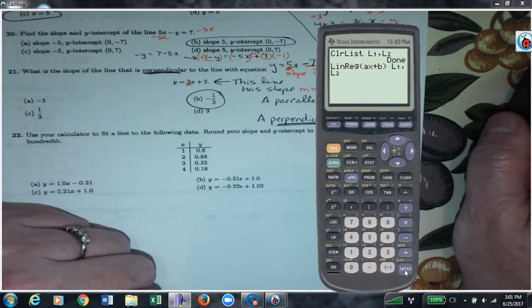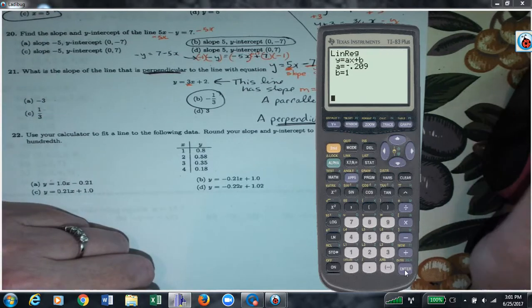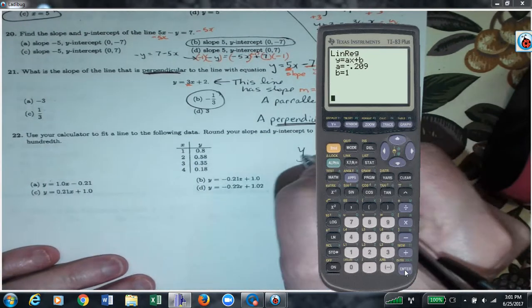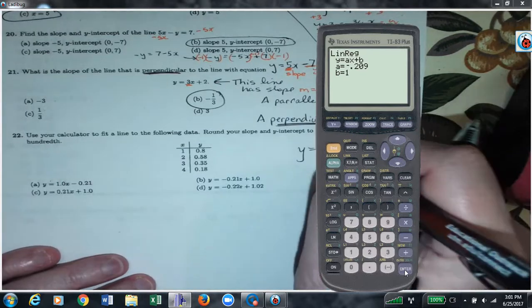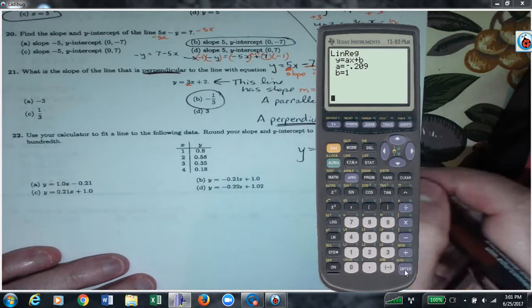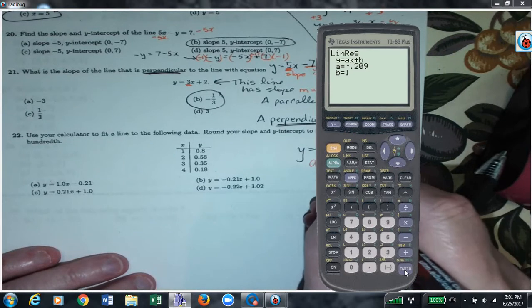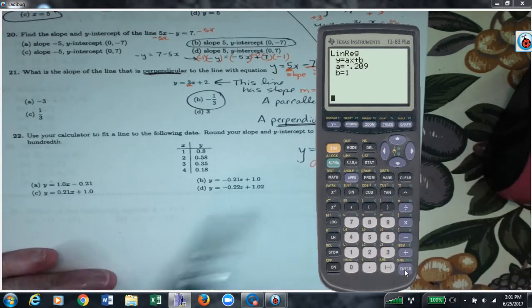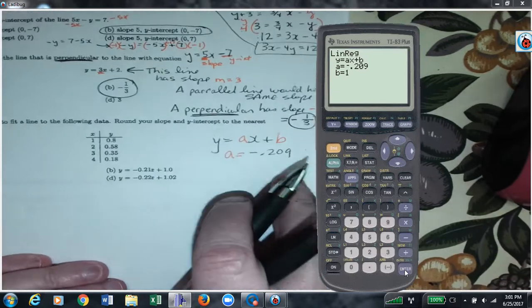But it should be the same entry. So now it's telling me what the line is. The line is y equals a times x plus b, where a is equal to negative 0.209 and b is equal to